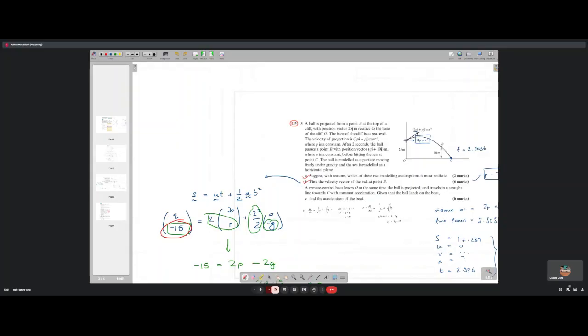So when you actually use this equation, you need to account for the starting position, basically. So the starting position will just be 0, 25. So that's why if you were to bring this over,